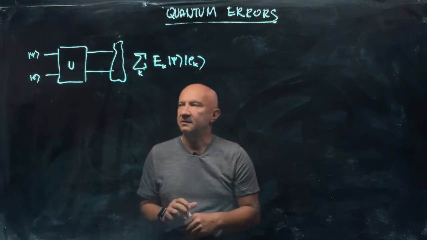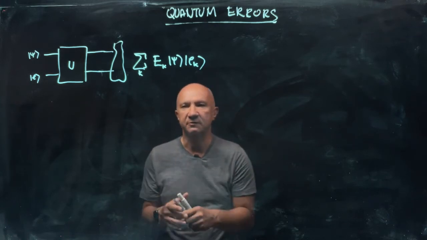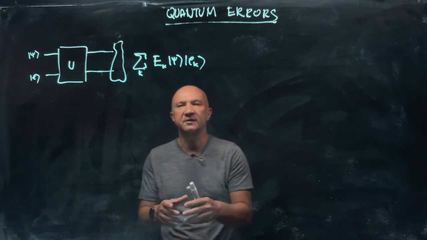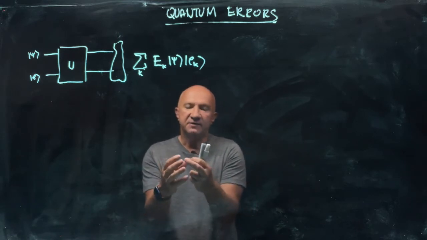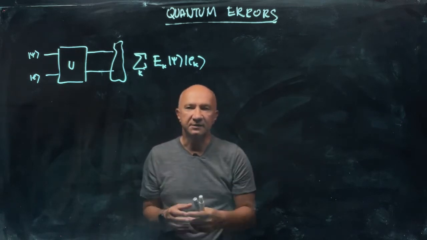Let's look at the more general scenario where we have a system, not necessarily a qubit, it could be a number of qubits, a quantum register, or whatever, relatively small compared to the environment that can have many degrees of freedom.